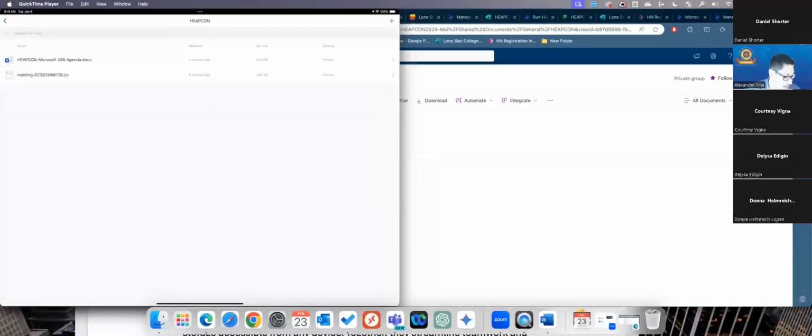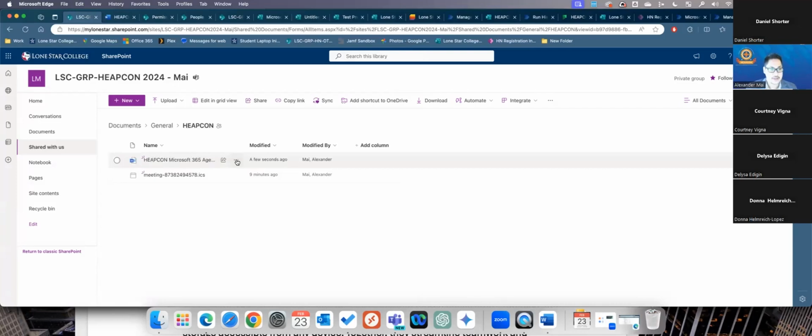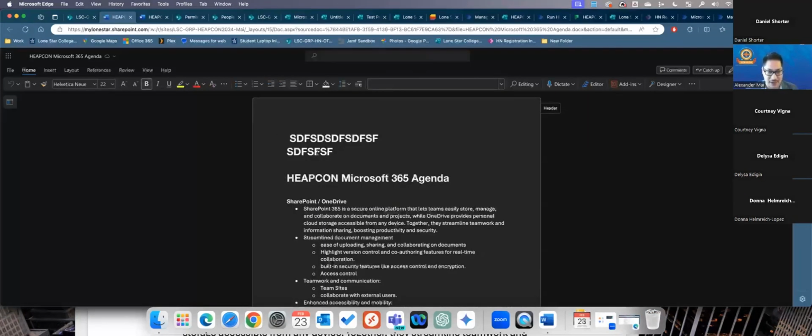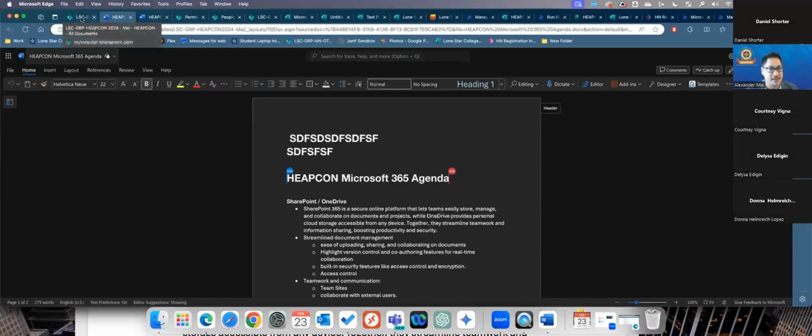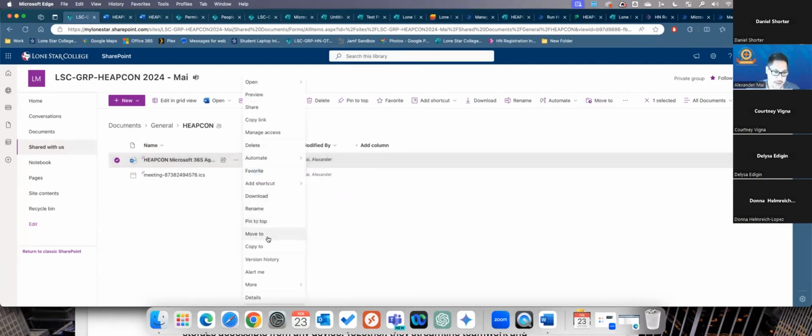All right, so that is SharePoint and OneDrive. I also wanted to share this with you, but let's say somebody deleted something or somebody changed something on a document that I didn't like, right? So I go in here, they changed the verbiage, they added this stuff here, and I was like, why would somebody do that? They made a mistake. Or let's say it's an Excel sheet and they changed a bunch of formulas. What you could do is called versioning. You can go back in time to when those changes were made, and go back to the version before it was made. So that's called versioning. You see right here, it's called version history. So if I click on that,